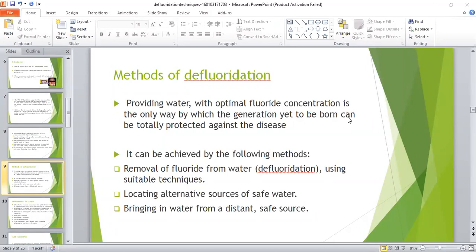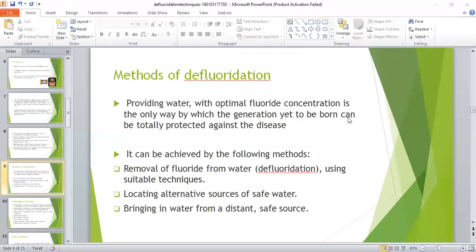So it can be achieved by the following methods: removal of fluoride from the water using suitable techniques, as we will discuss later, absorption technique, ion exchange technique, Nalgonda technique or blending technique, or else locating alternative